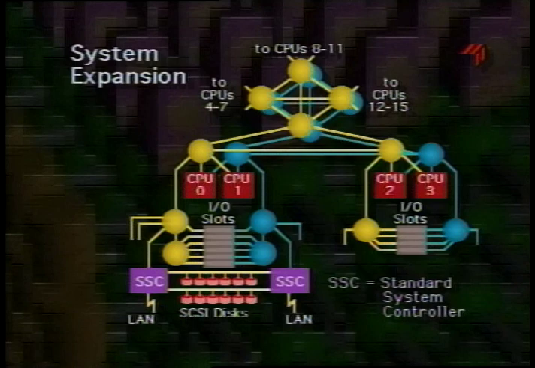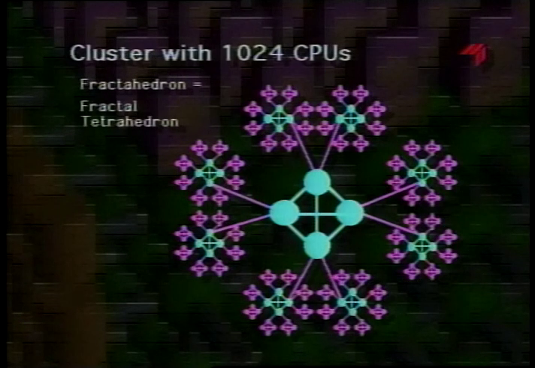Now we can extend this type of network of tetrahedrons through a tree of tetrahedrons in a structure we're calling a fractahedron. So this is a fractal tetrahedron, where a fractal is, of course, a structure which shows similar properties when viewed at different scales. So here we see a very small tetrahedron at each corner connected to the next level tetrahedron, with 8 of them surrounding it, and then 8 of these larger assemblies around yet another larger tetrahedron.